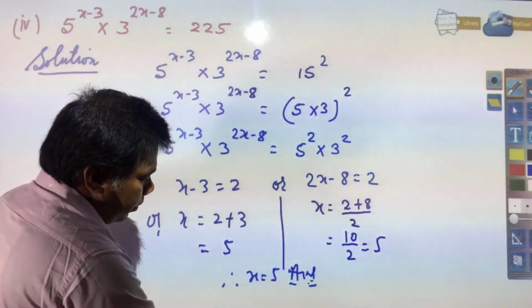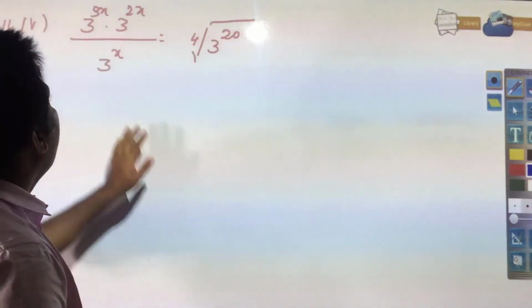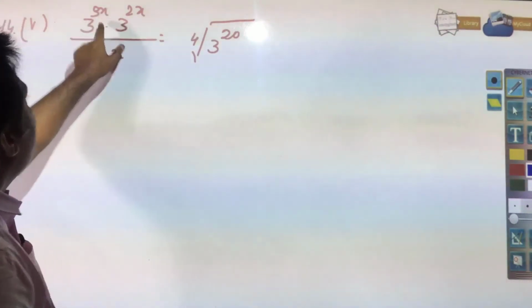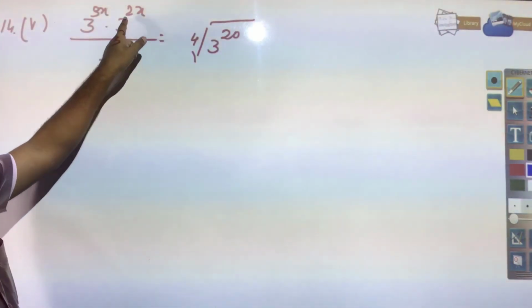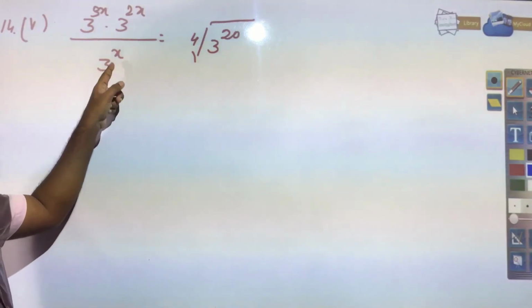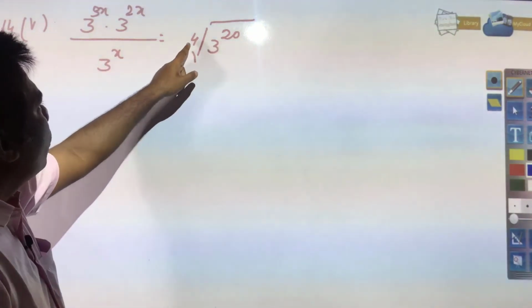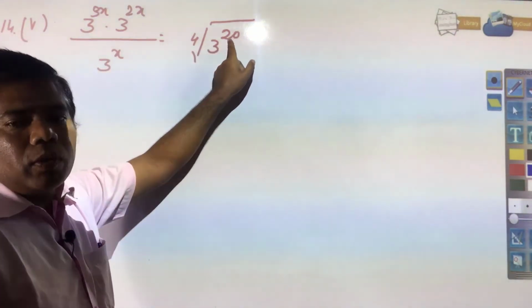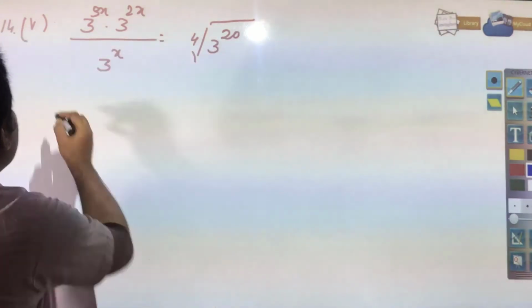Next you see, 3 to the power 3x into 3 to the power 2x divided by 3 to the power x is equal to 4th root of 3 to the power 20. How we will solve this? You see,